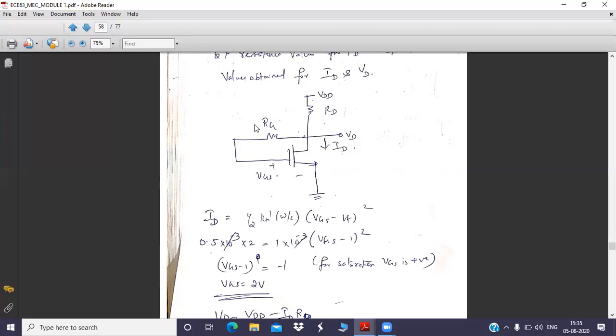If there is no current through a resistance, what is the potential difference? Just think about Ohm's law and say. Zero, sir. Correct. Good. If current is zero, there is no potential difference. V is proportional to I, isn't it? So if I is equal to zero, there is no V. There is no difference, which means the drain voltage is the same as the gate voltage. So VD is equal to VG.